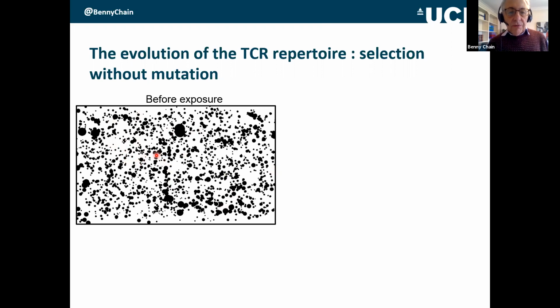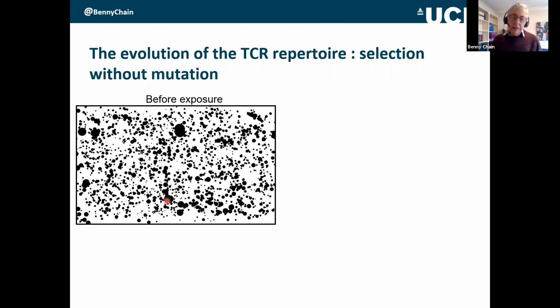As I say, it's a non-uniform distribution. Some will be a lot and some will be a little. Here it's reproduced in a 2-dimensional space, and you can see some areas will be quite full of T cell receptors,